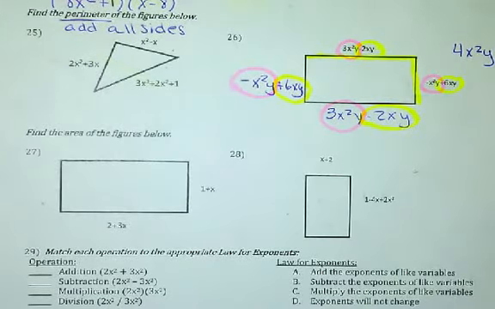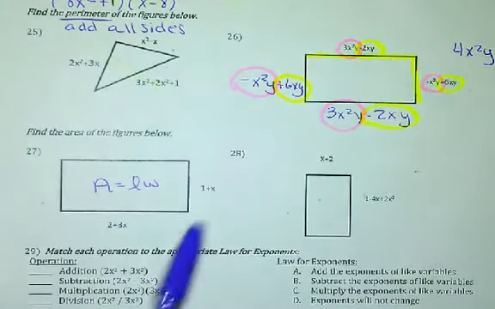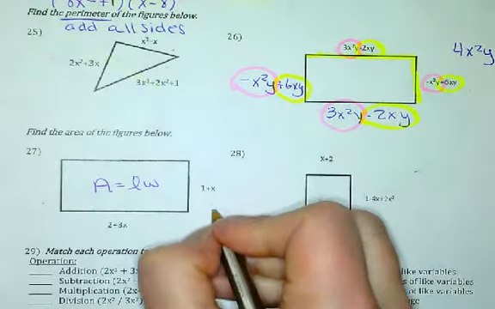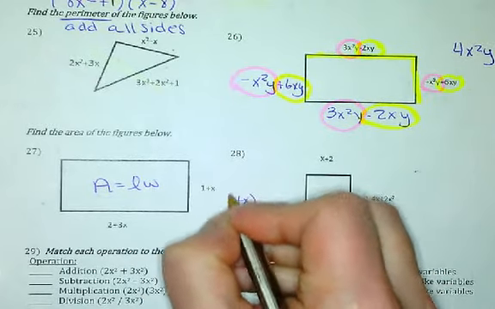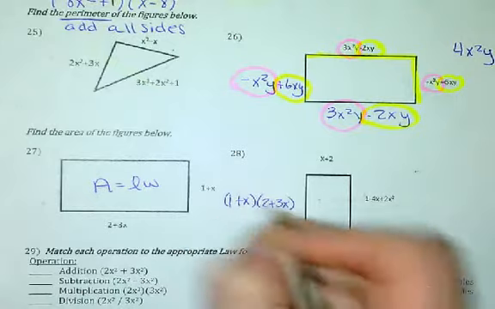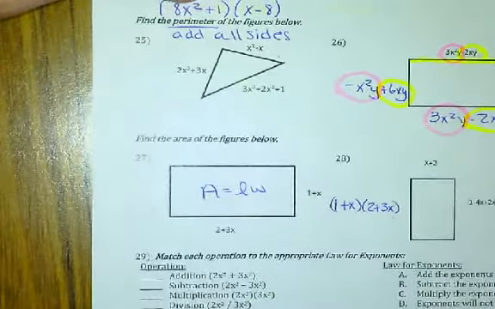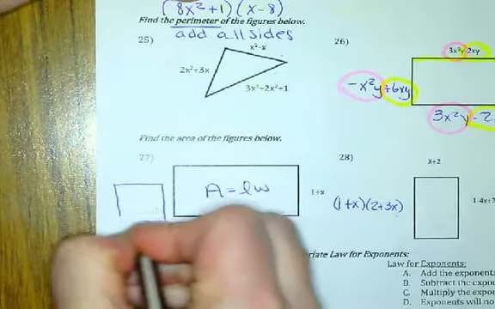So for area, area equals length times width. So you're just multiplying the two. So on this one here, I would do 1 plus x times 2 plus 3x. And then I would FOIL it. So for instance, I'll actually do the box on this one because I know some of y'all like that. So on this one, if I do the box,